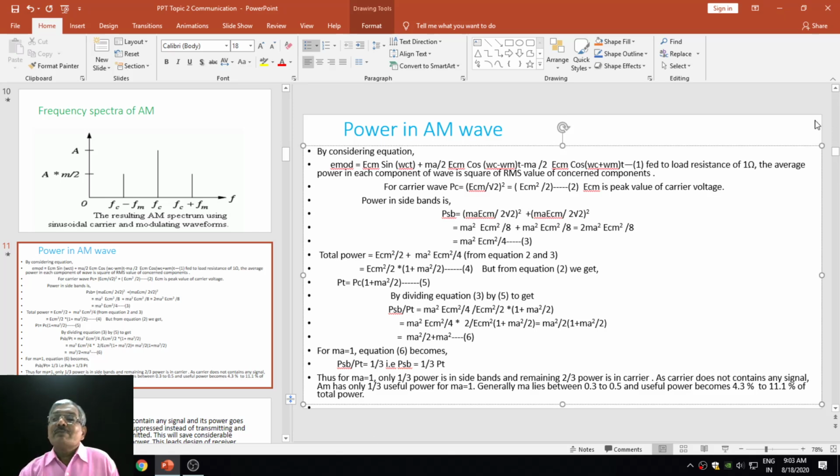So, dear students, in yesterday's lecture we studied one type of analog modulation, that is amplitude modulation, in which we studied the meaning of amplitude modulation and its mathematical analysis. At the end of the mathematical analysis, we derived